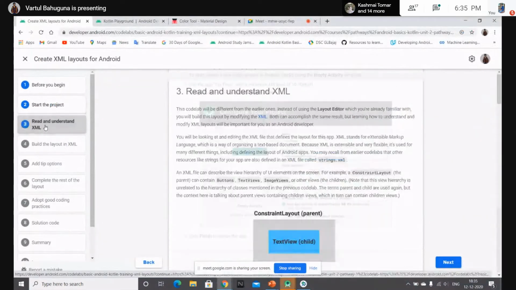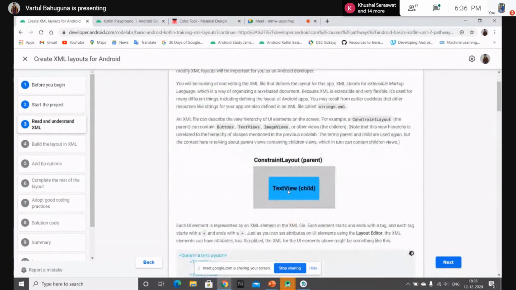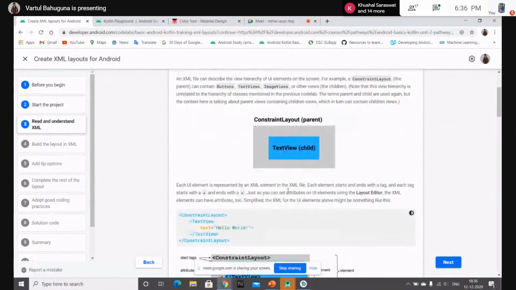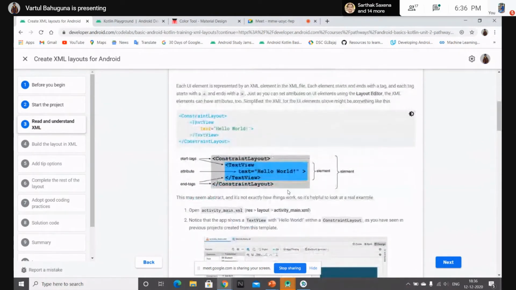Moving on to the next, here it's about reading and understanding the XML. In the last code lab, we only worked with the design view of our layout file. But now in this code lab, we'll be working more on the XML code of our layout file. XML is short for Extensible Markup Language.